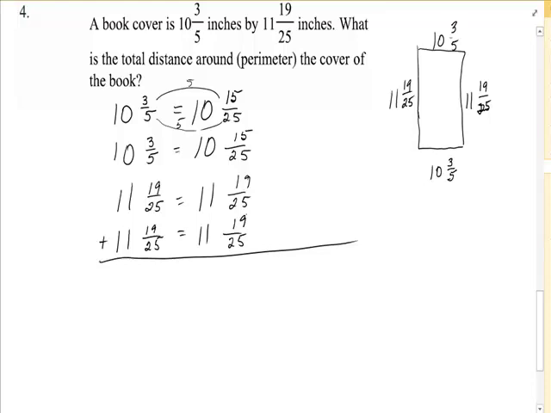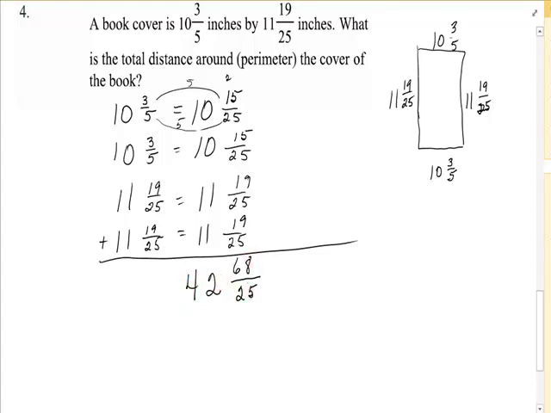All right, I have a good bit to add. 5 plus 5 is 10, and 9 is 19, and another 9 is 28. This time, carry a 2. 2 and 1 is 3. That makes 4. That makes 5. That makes 6. I believe I have 68 25ths. When I add the numbers, 1 and 1 is 2. 1, 2, 3, 4. So I have, right now, the form will have to change, but right now I have